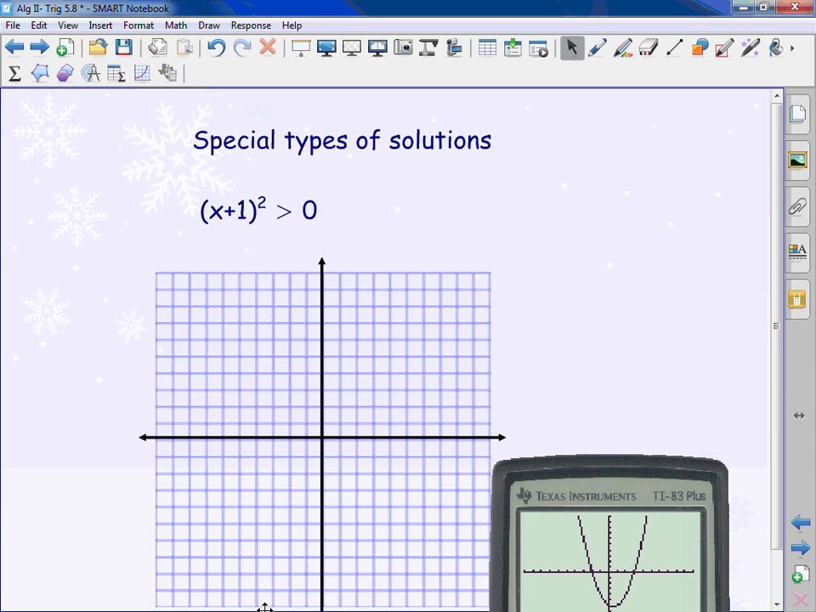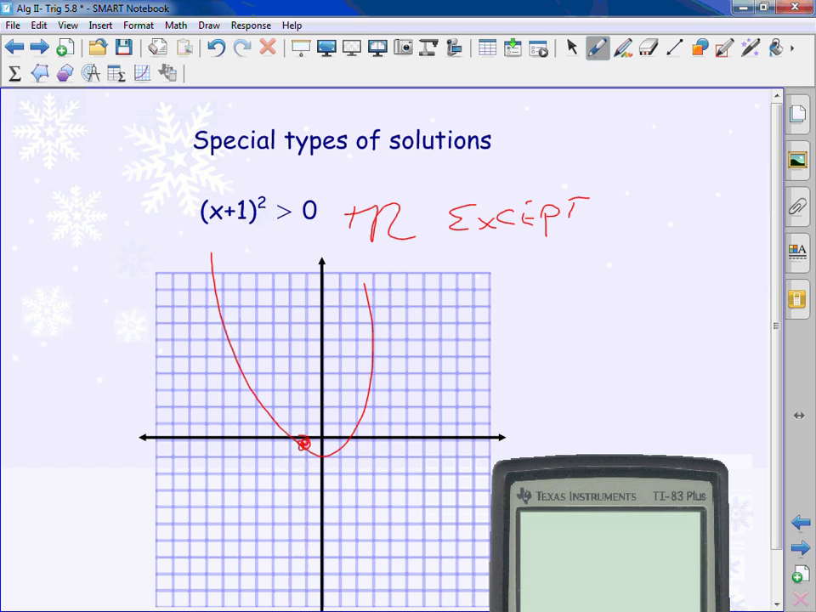Here's another one. You have to understand the special ones. Okay, where's my 0? Negative 1. Okay, my graph like that. It has to be greater than 0. When is it greater than 0? Not all the time. So that's the point. When it's above that point. So it's all real numbers except